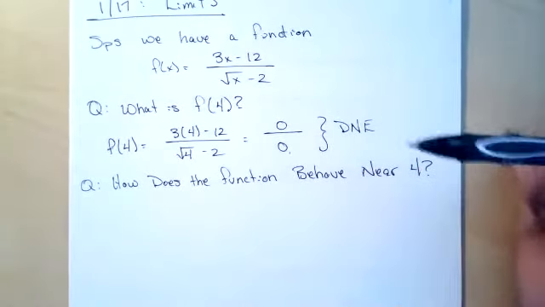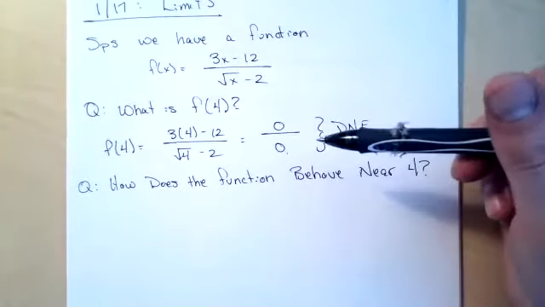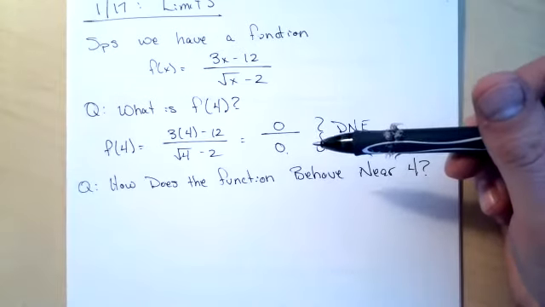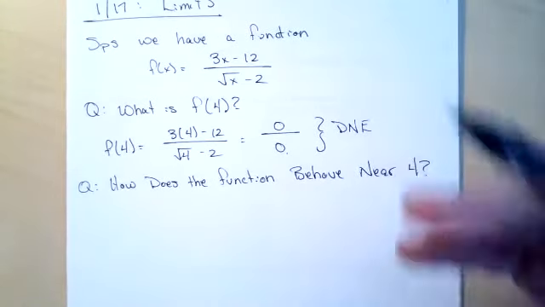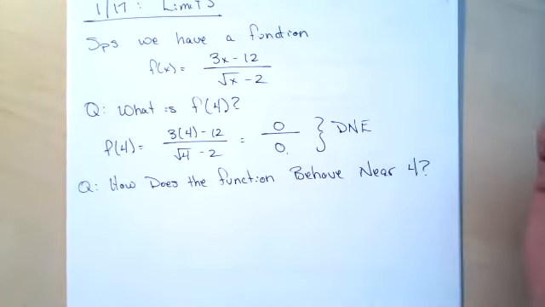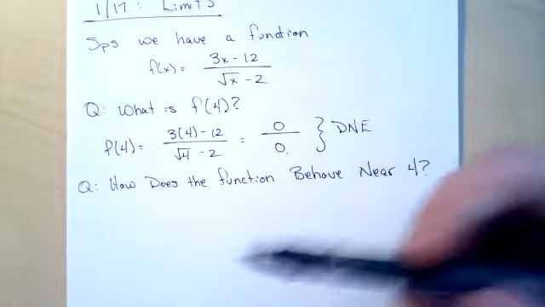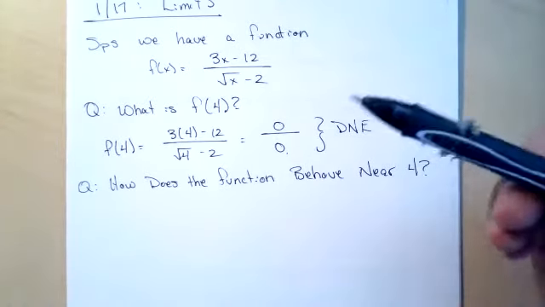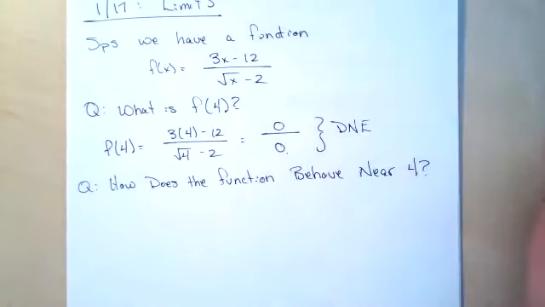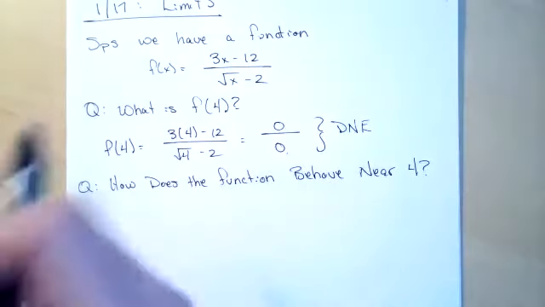So 0 over 0 is going to be a case of what we call indeterminate forms. And what does it mean indeterminate? It means we cannot determine. We need more information. And why is that? These forms are going to come up whenever we have sort of mathematically contradicting rules or mathematical rules that